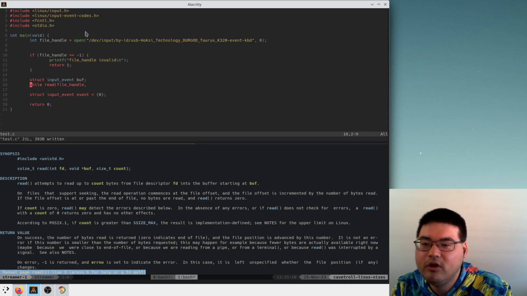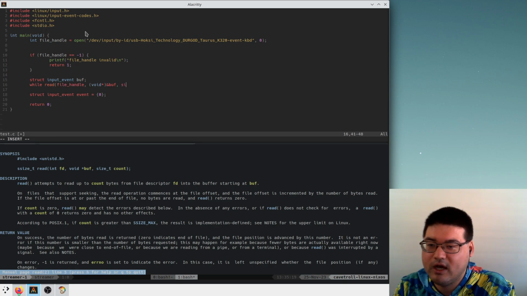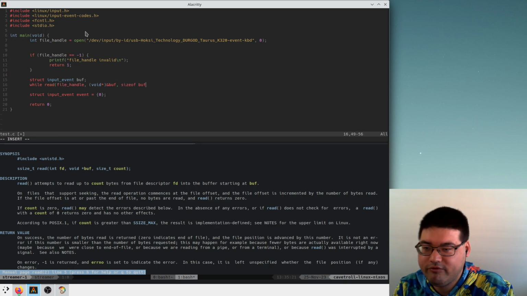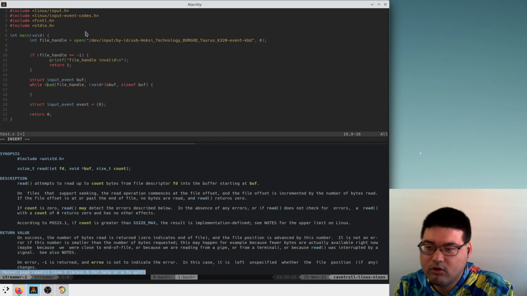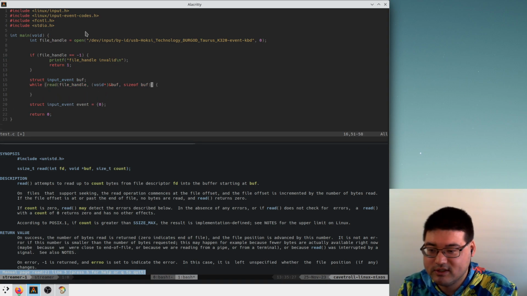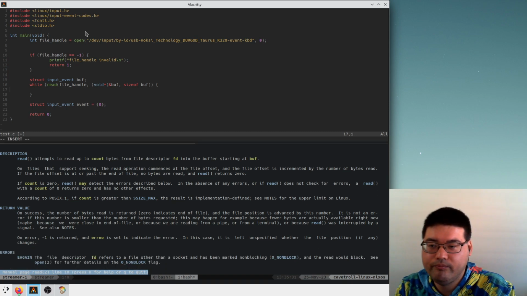There we go. We're going to read this into buff, cast to a void star, I guess, and sizeof buff. And we'll say, while this is greater than 0,